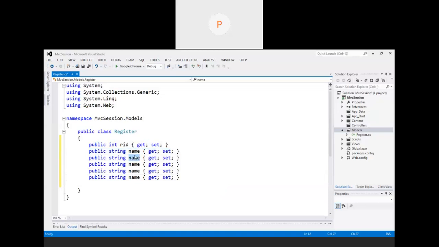Email, then we have password, gender and country. Done.